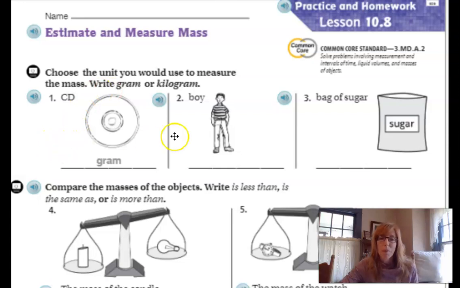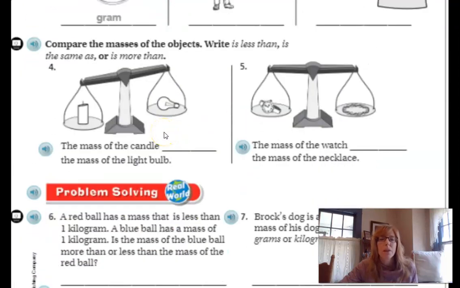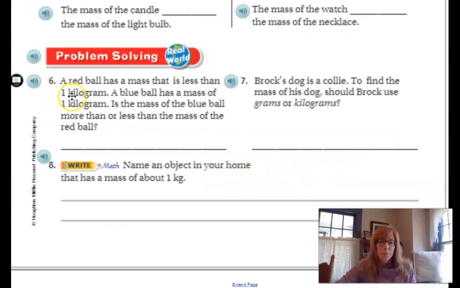All right, hopefully you are back. So you would definitely use muscle for the boy. So that's a kilogram. A bag of sugar is usually 5 pounds, so that's a kilogram. You had to compare the masses of the objects and write if they are less than, the same as, or more than. So hopefully you wrote the mass of the candle. Here's the candle, and the teeter-totter is going down on this side, so the candle is more than the light bulb. The teeter-totter is even, so the mass of the watch is equal to or the same as the mass of the necklace. For number 6, it would be more than 7